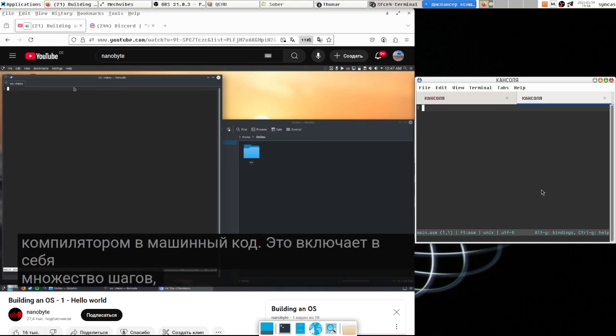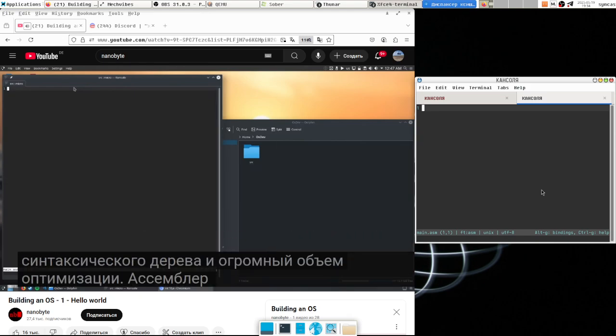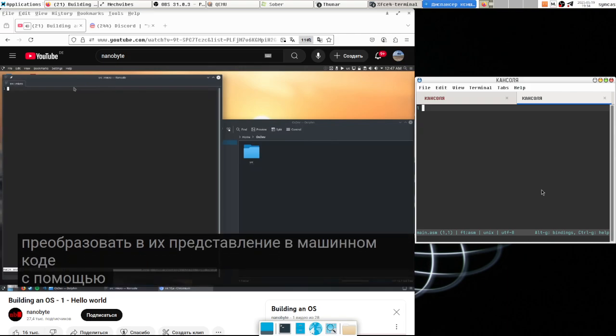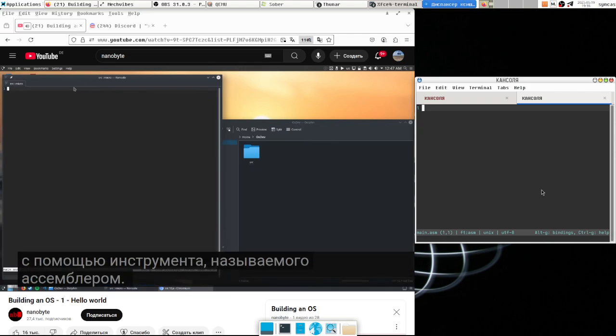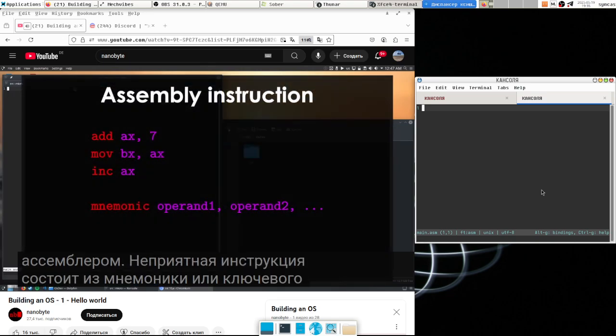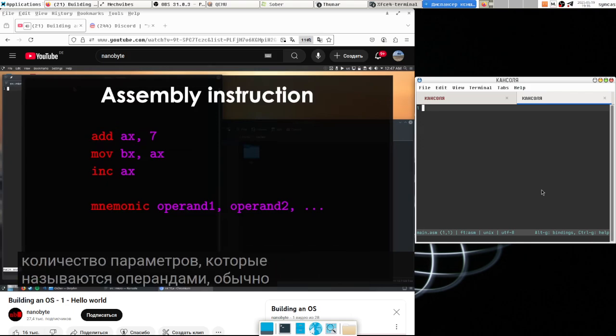This involves many steps, like building an abstract syntax tree and a huge amount of optimization. Assembly is much simpler, because the instructions simply need to be converted into their machine code representation by a tool called an assembler. An assembly instruction is made up of a mnemonic, or a keyword, and a number of parameters, which are called operands, typically 0,